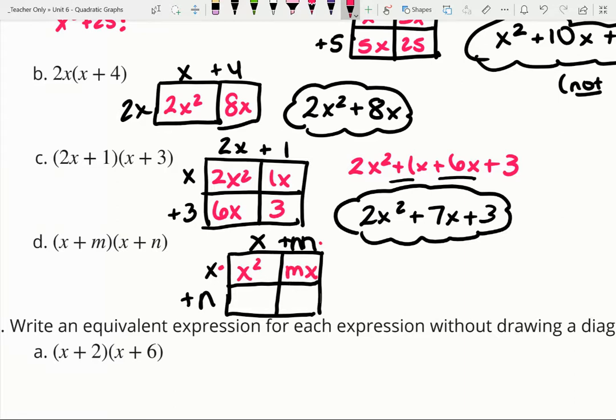If it was a number, if it was like 2, that would be 2x. If it was 5, it would be 5x. So why not mx? Same thing for my lower corner here. N times x is nx, whatever that is. And then n times m, well, I don't know what they are, but I know that m comes before n, and I'm going to be multiplying them together. So if I knew what they were, I would just do m times n. So when we string this all together to add our areas together,